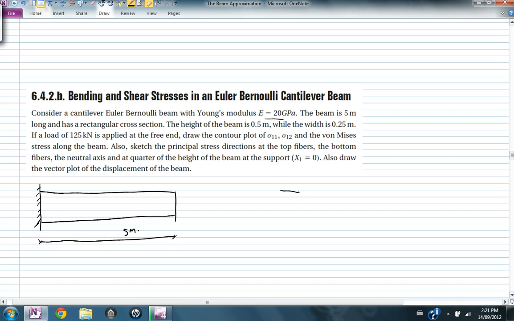The beam has a rectangular cross section. The height of the beam is equal to 0.5 meters and the width of the beam is 0.25 meters. If a load of 125 kN is applied at the free end,